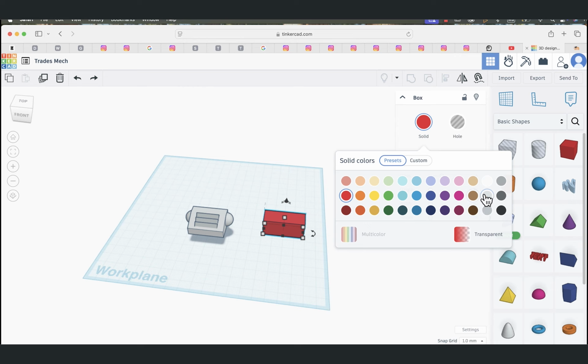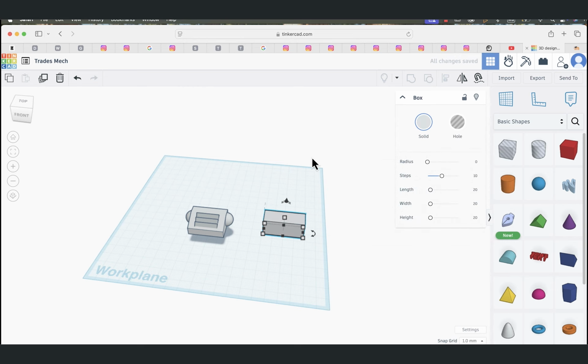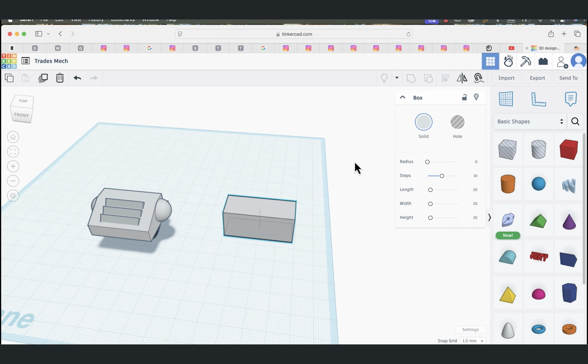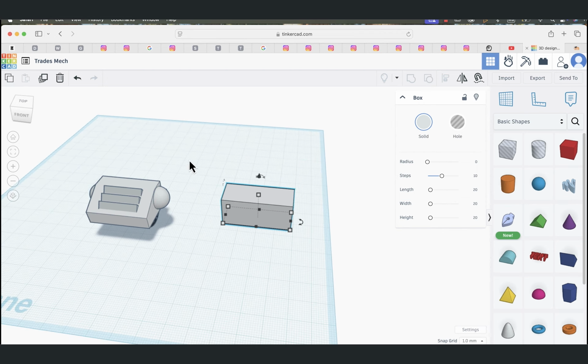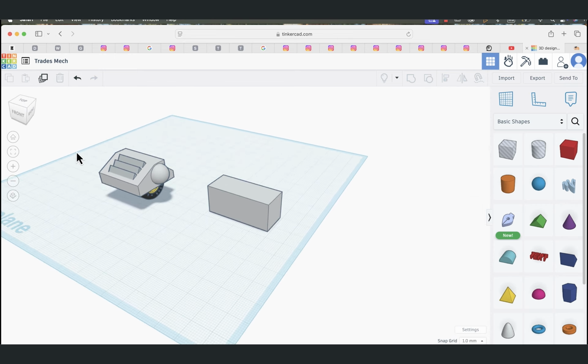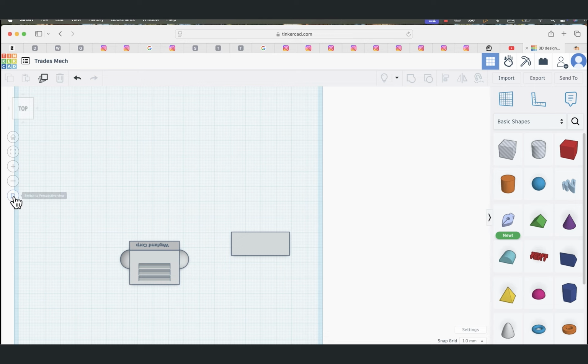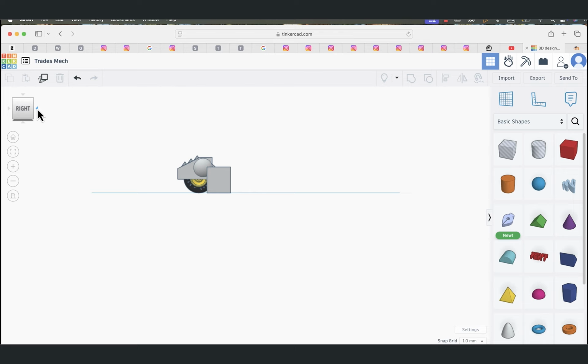You can change the colors. You can zoom in here a bit, moving things around. The thing that's good here is you can move around the space, but you have an option down the bottom where you can click it and it takes it into a different view. So if I go top and then I click around the side, the back, it's a good way to work so that you can see